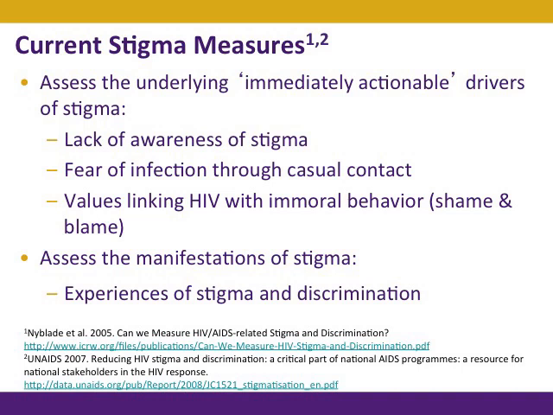So the measures were developed to ask specifically about lack of awareness of stigma, fear of infection through casual contact, and the values linking HIV with immoral behaviors, or shame and blame. There were also measures developed to assess the manifestations of stigma, so the experiences of stigma and discrimination of people living with HIV,